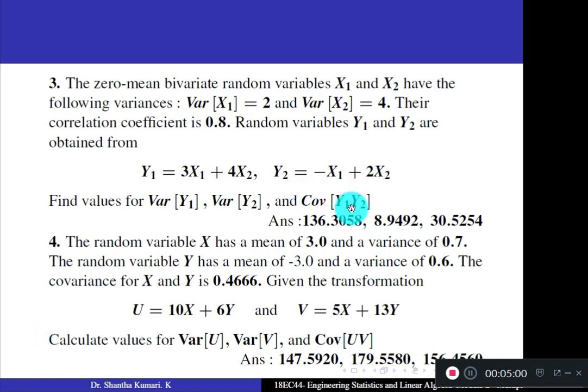Just go through the formula. Similar problem. This is also similar. Just for your practice I have given here. So write every problem, try yourself, then only you can easily understand. Actually very easy topic, only because of two variables and again two variable transformations it looks like a difficult problem, but actually simple problem.